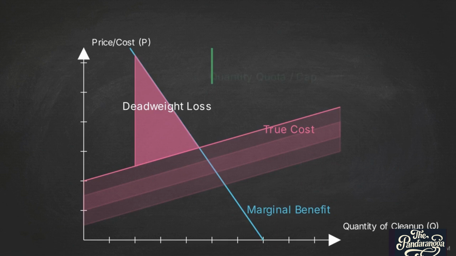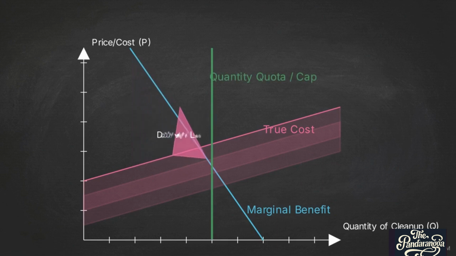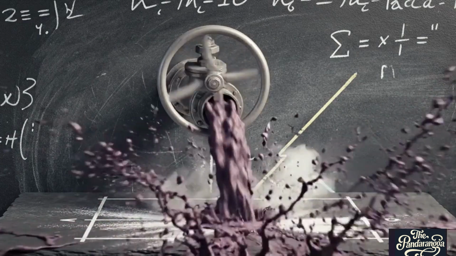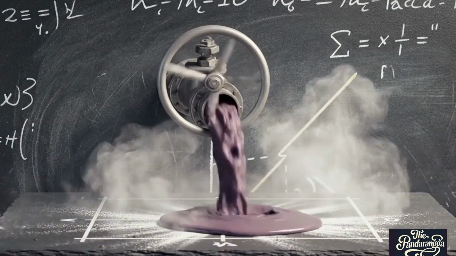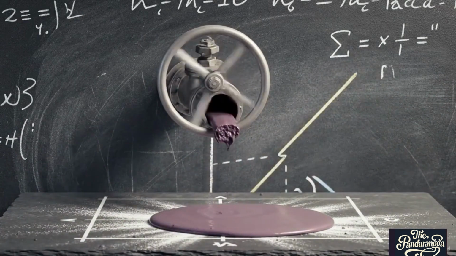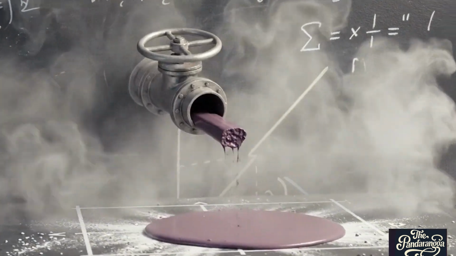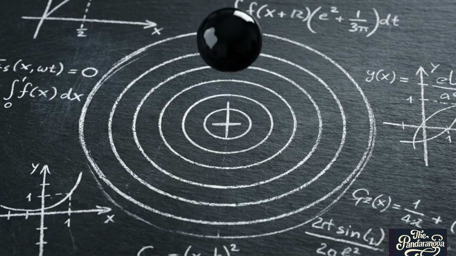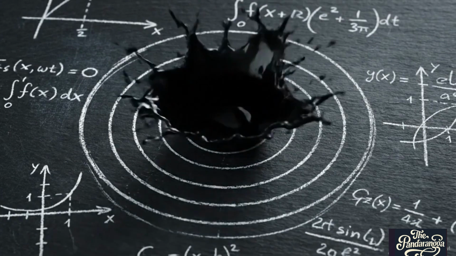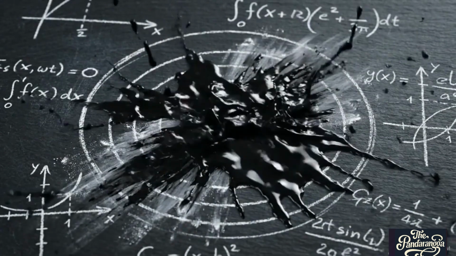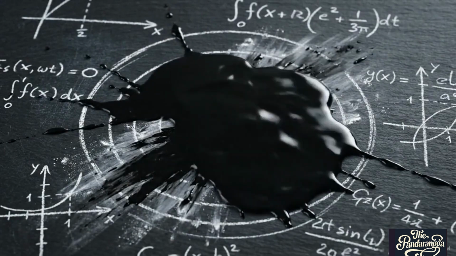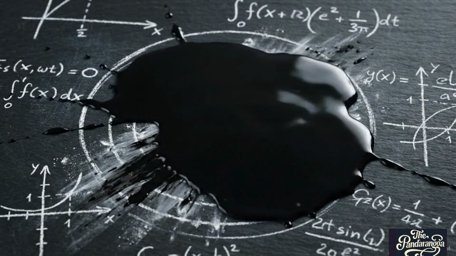Contrast this with a strict quantity quota. Even if the government guesses costs wrongly, the vertical cap contains the error. The deadweight loss triangle drastically shrinks. Weitzman's math proves that when environmental damage is steep and irreversible, strict quotas, not taxes, are the only mathematically safe intervention. At their core, externalities represent a fundamental failure. They are missing markets that, when left entirely alone, predictably generate a mathematically precise deadweight loss.